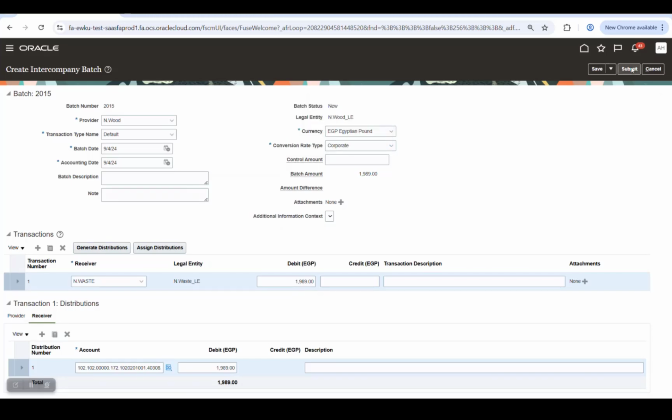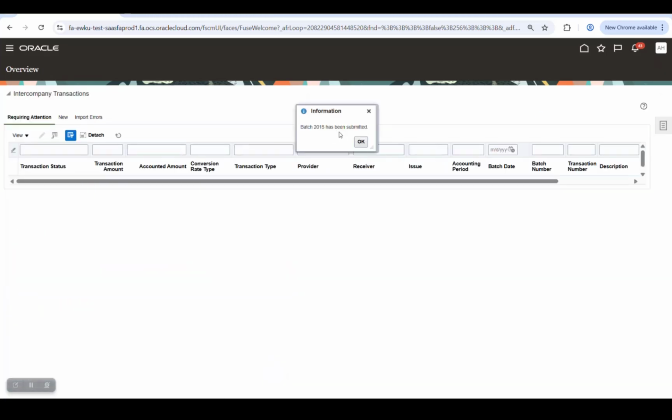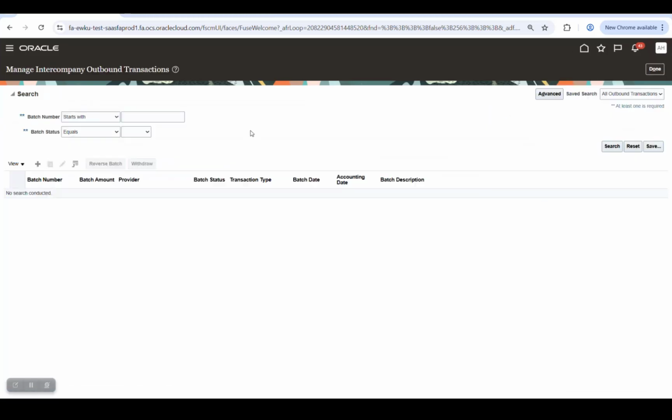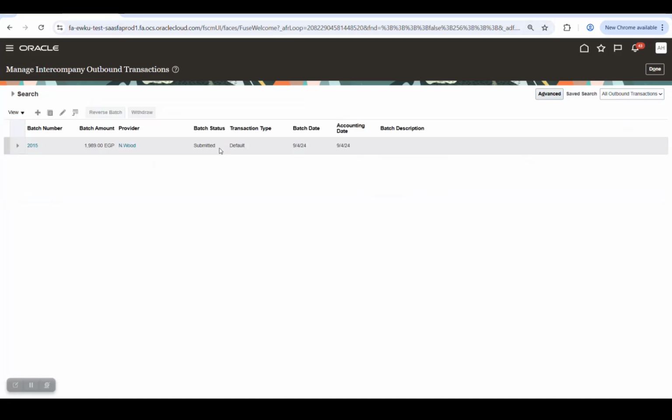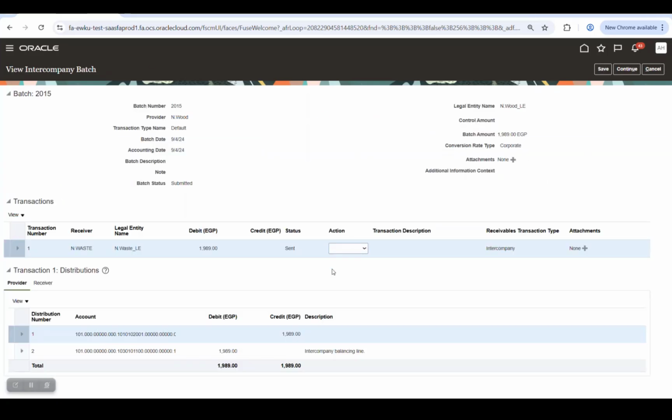Batch has been saved. Submit. Once you submit it, it must be submitted. Then go to, for example, manage inbound, put the batch number. You will find it's submitted. Submitted means it must go for approval. Just come back to here. Let me try to